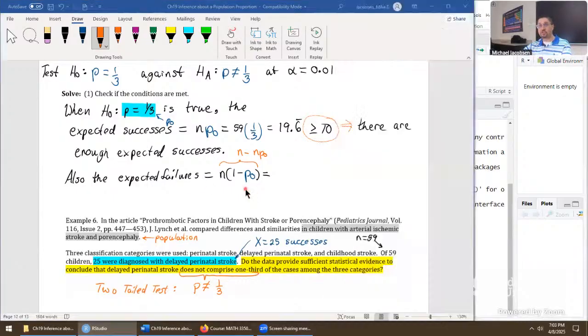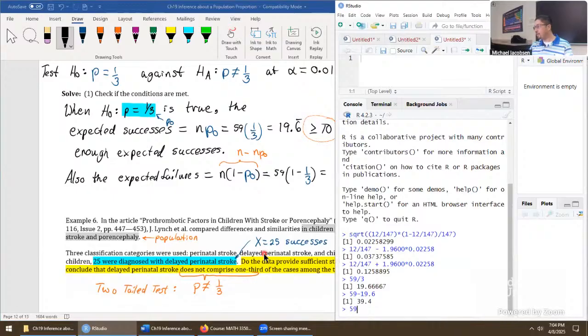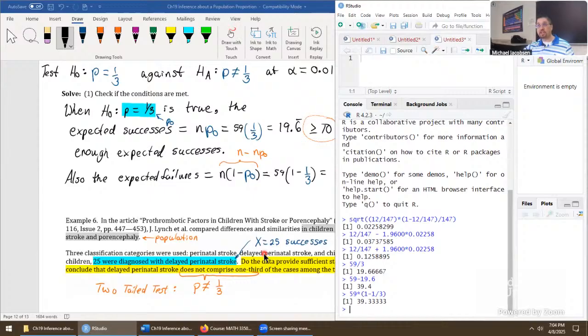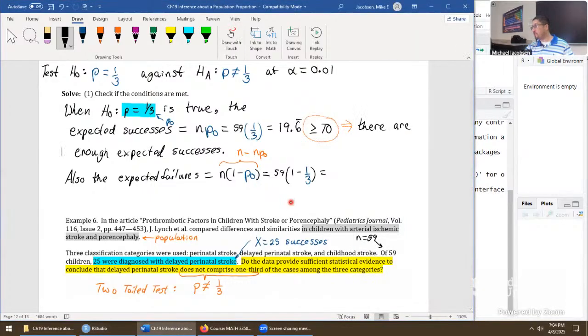Let's run it through the formula. This is our author's way of indicating this. We'd be putting in 59 for the sample size, 1 minus 1/3, or just 2/3 if you prefer, for the proportion for failures, and then go 59 times 1 minus 1/3, and we get the 39.3 repeating on that one. Or we would have had just before if you did the subtraction route. Either way that makes most sense to you is totally fine.